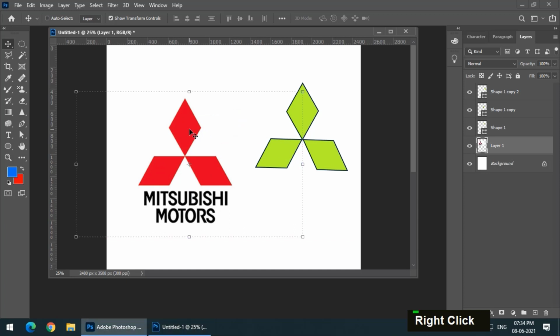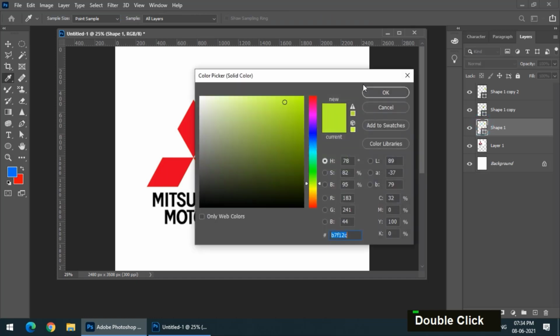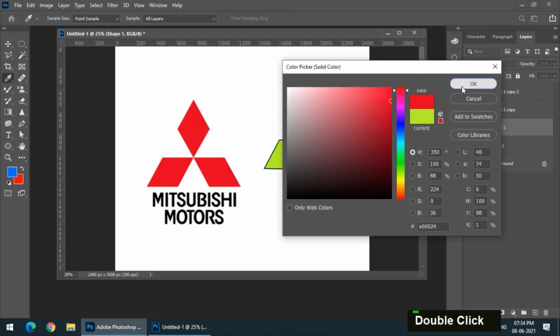So what if you want to insert this exact color in these shapes? So I'll simply select this, and I have to go to the pen tool again, or rather I can simply double click on this thumbnail, not over here, on this thumbnail, double click, and I can simply choose the color from here. Again double click,